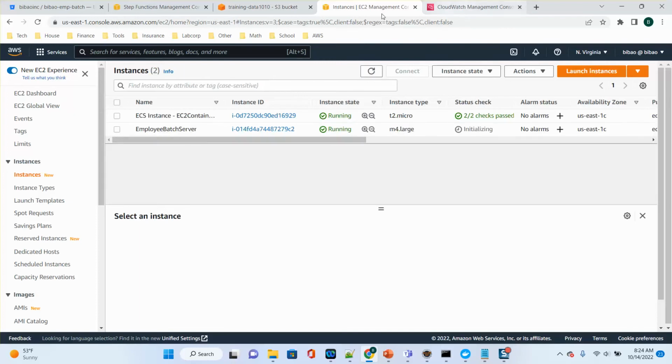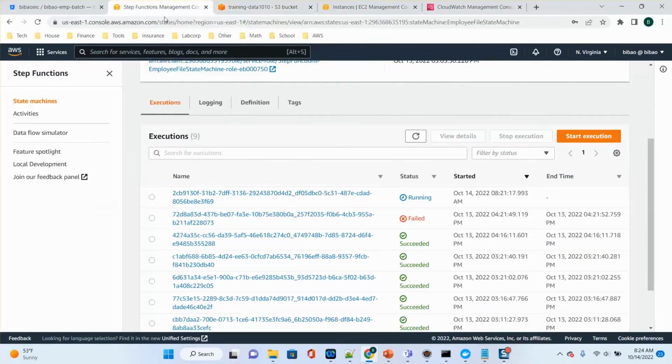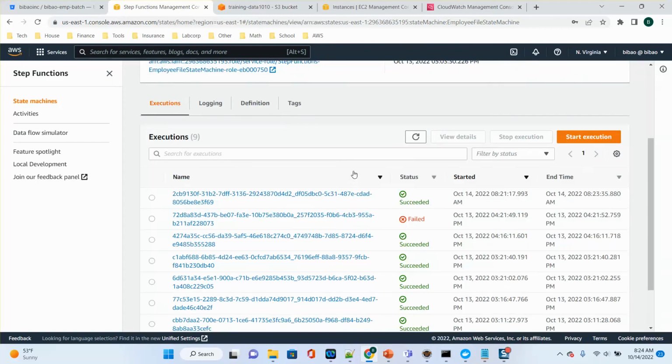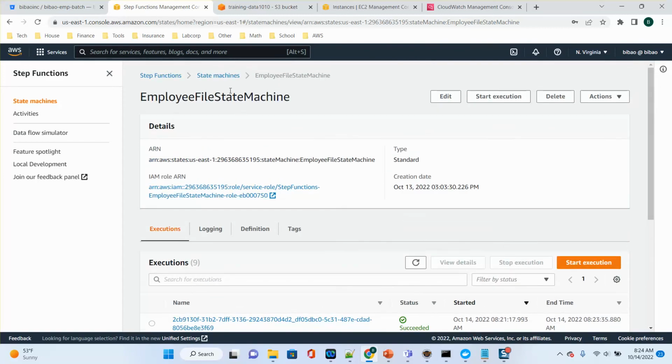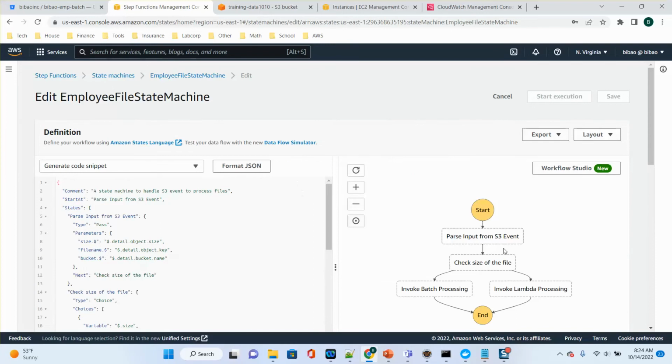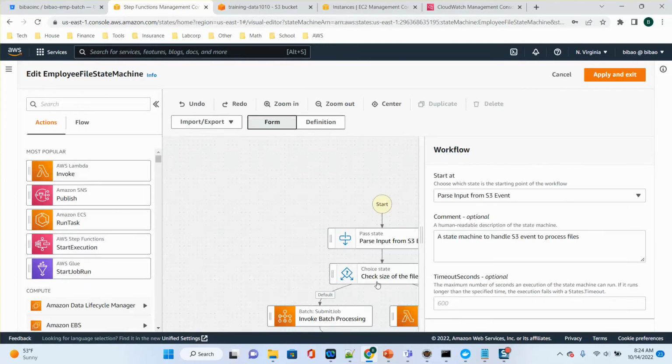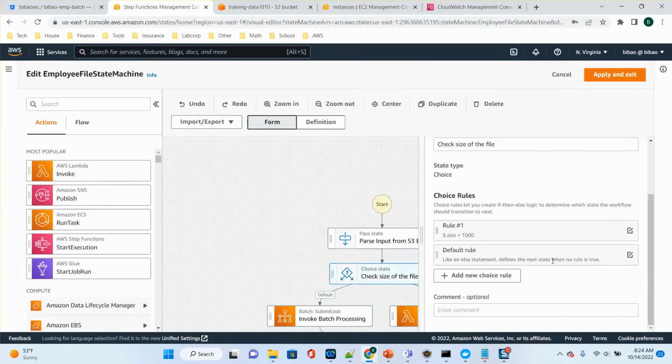Let's go back to the Step Function. If I refresh, it succeeded. Right. So the problem is it shouldn't go to the batch because the size is only 69 bytes. So then let's edit this one. Let's go to the workflow and this size. The rule is